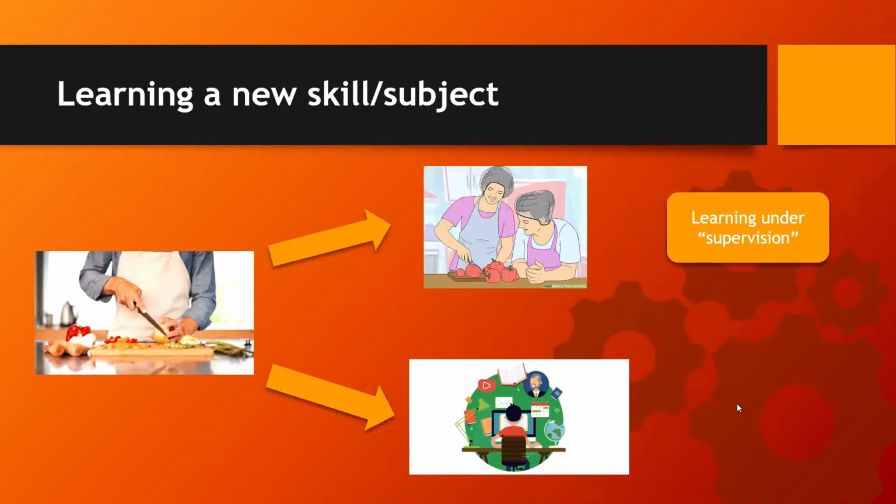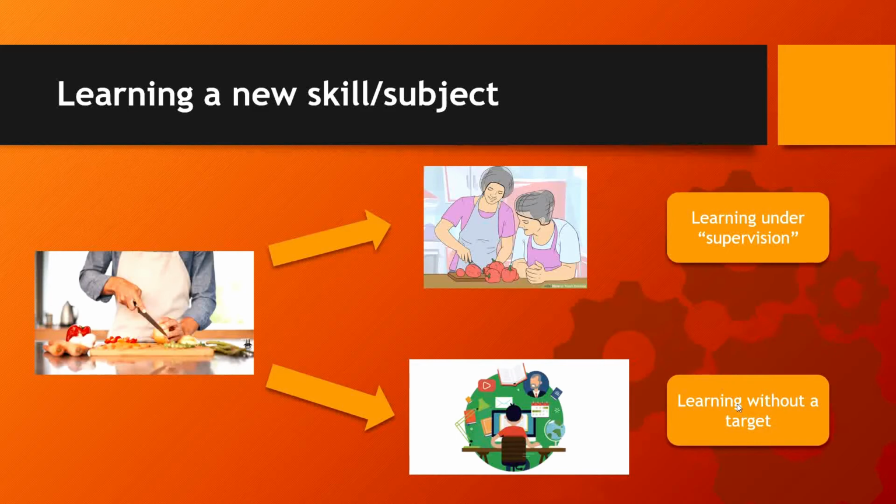So that target can be, let's say, I want to cook 5 dishes by the end of this month, or maybe I want to learn how to cook basic Indian dishes, etc. The second one is called learning without supervision, or learning without a target. So when you're trying to go through various blogs and articles online, you don't have a specific target in mind. You're trying to learn a few things from here and there, combine them, cook food yourself and figure it out.